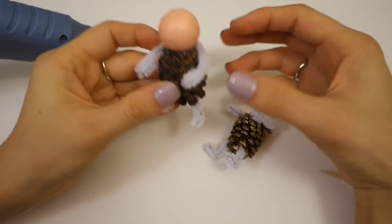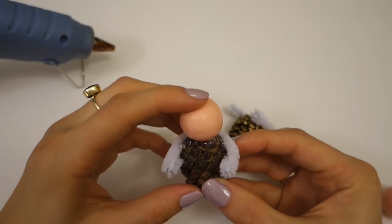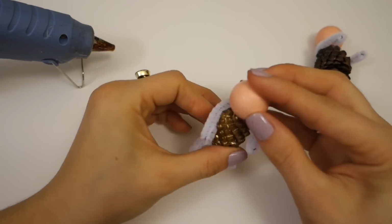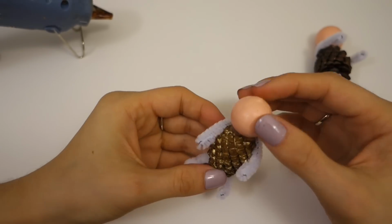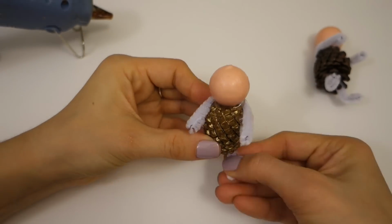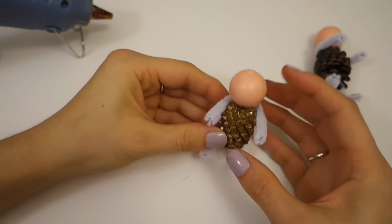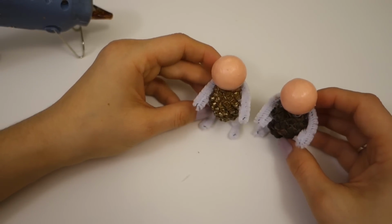Here. Oh, look, it's a little person already. So let it dry. Let's put the second head on. I don't need these anymore. The other day I burnt my fingers with hot glue, so be careful. Alright, so these are good. While these are drying,